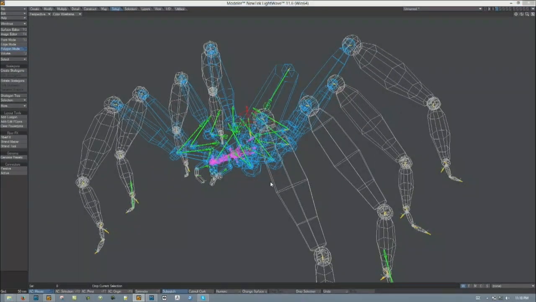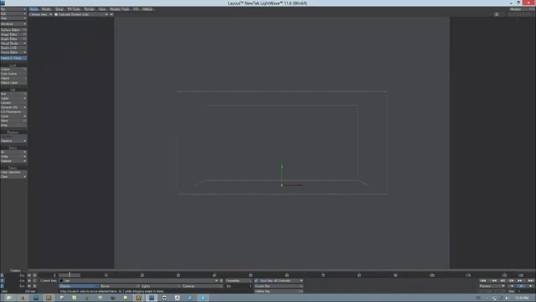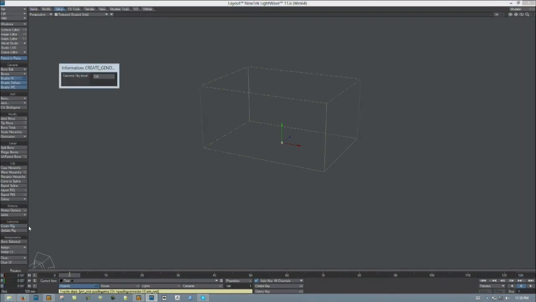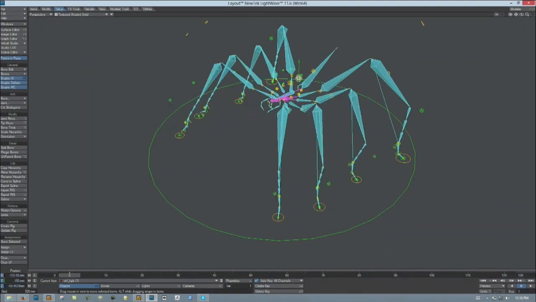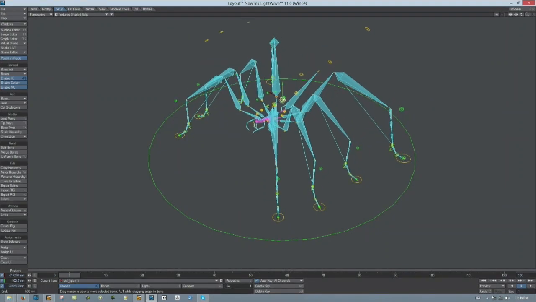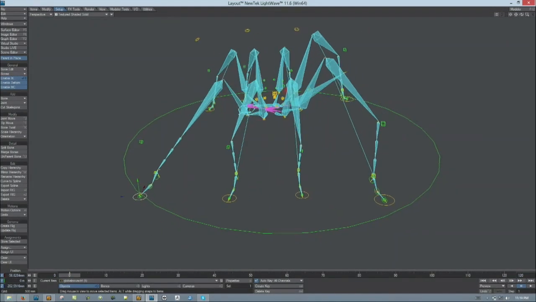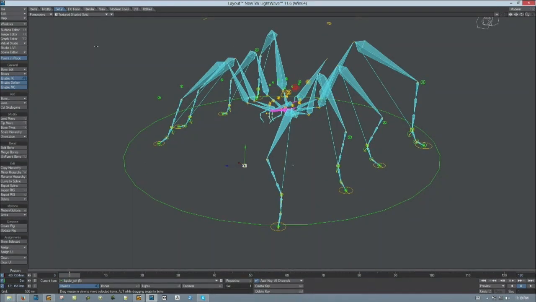So if I save this as an object, let's call it test, and send it to Layout, I can click on create rig. Yeah, in some seconds you will see the rig. So we have a root to move the center of gravity of the character. We have full control over the posing. We can pose the leg. And what is cool is that it's possible, if we come back in Modeler,